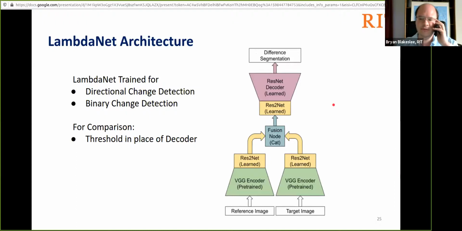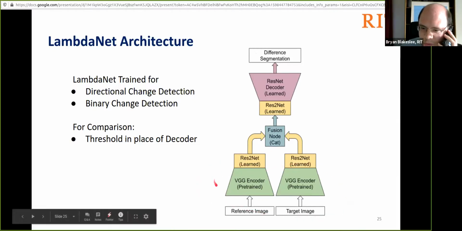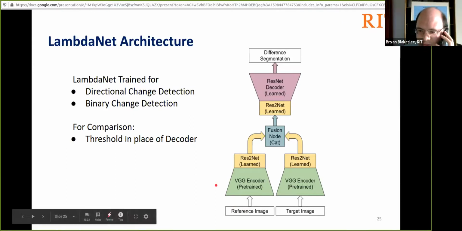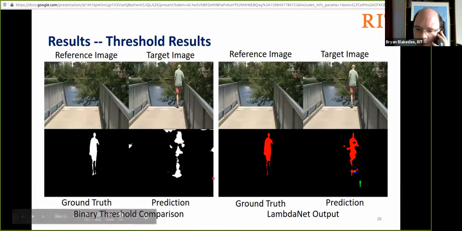And so here we just have the overview of the LambdaNet architecture. But for comparison, let's see what happens when we only operate with the encoders and we use a threshold to indicate our changes instead of the full decoder system. What you see on the left is the binary mode of the threshold-based comparison.